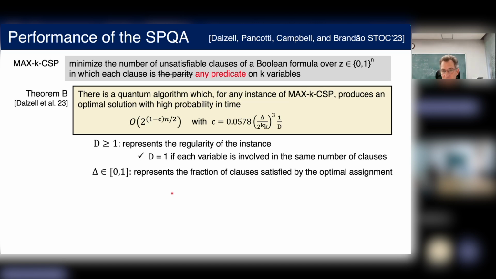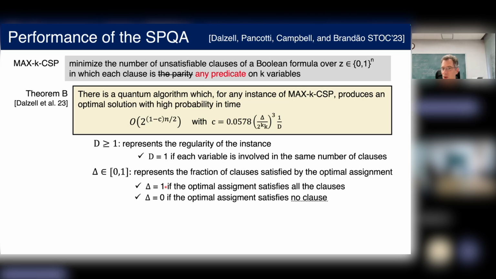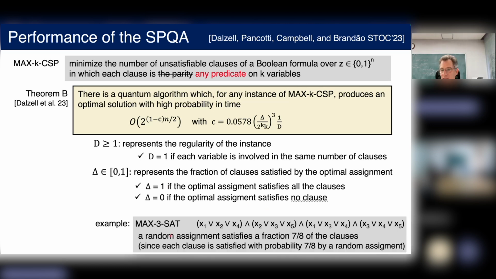And the second parameter, which is even more important, is delta, which is the fraction of clauses satisfied by the optimal assignment. Okay, so you will have delta equal 1 if the optimal assignment satisfies all the clauses. And in spirit, you will have delta equal 0 if the optimal assignment satisfies no clause. But it's not exactly this, because you can observe, for example, for MAX-k-SAT, in the case where each clause is of this form, the OR of 3 variables,